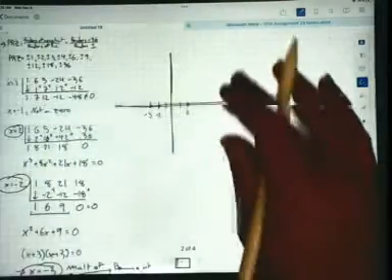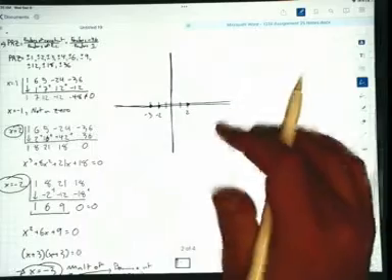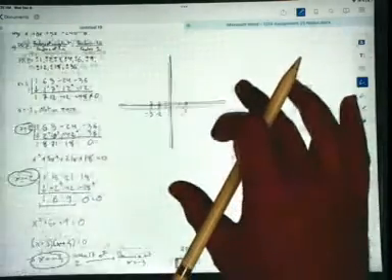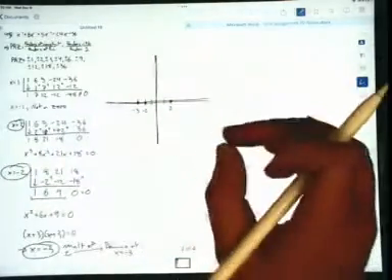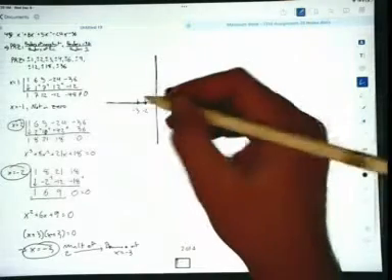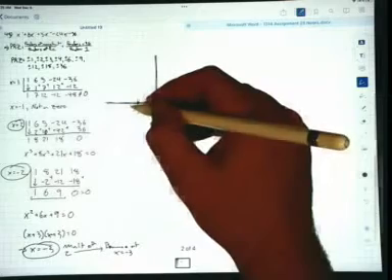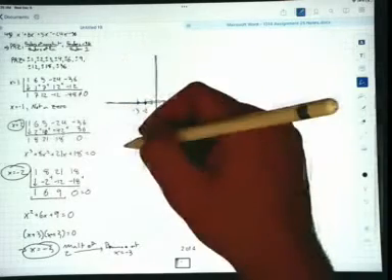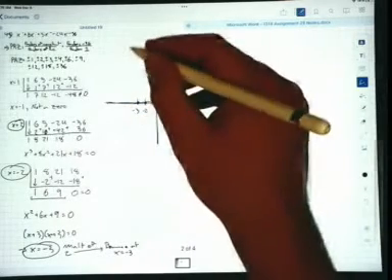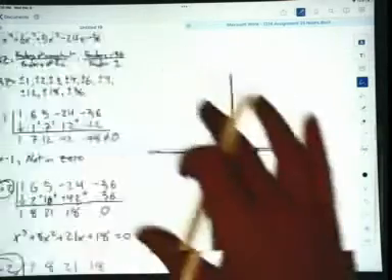Now, we have to decide what this graph is doing. There's a couple of ways to do this. You could plot points. You could say, what happens if I plug in -4? Do I get a positive value or a negative value? That helps you determine what the graph is doing over here. Or,